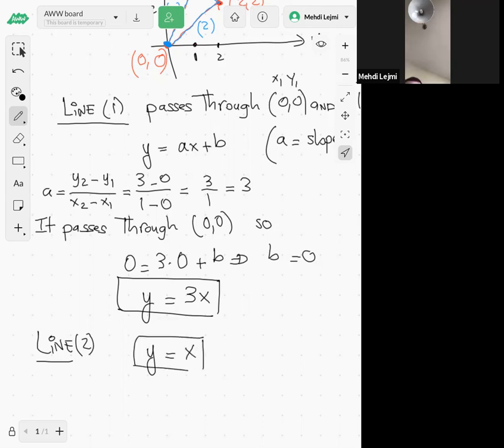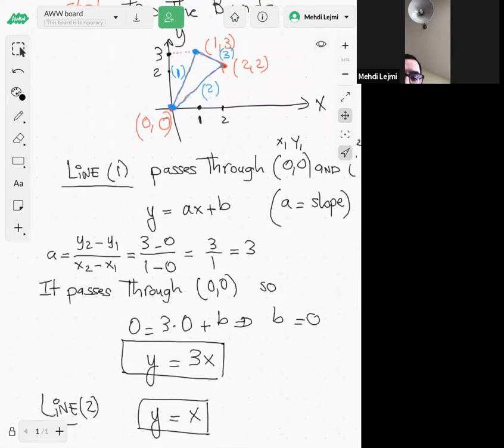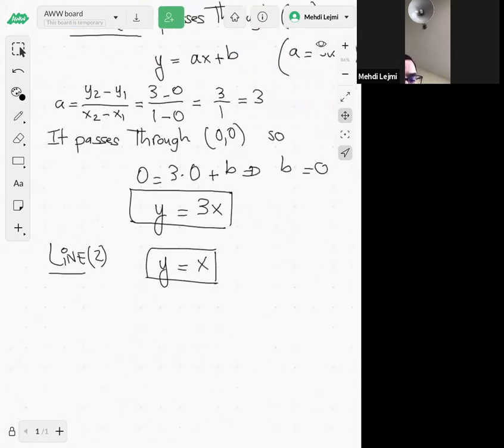And for the last side, line number 3, the other side, this line here passes through